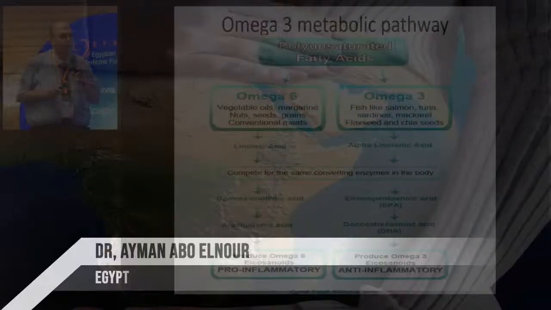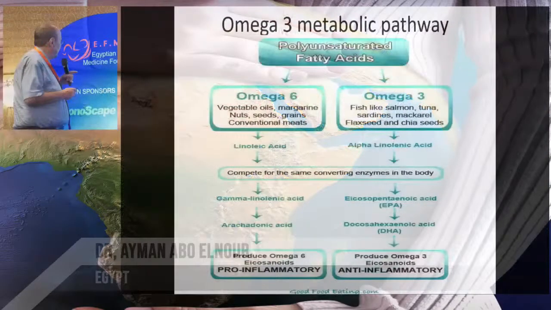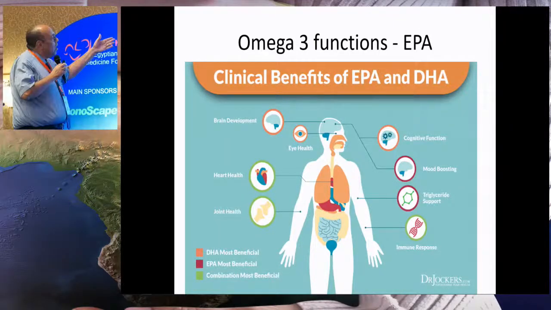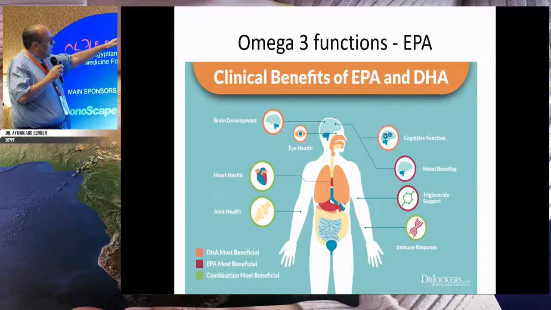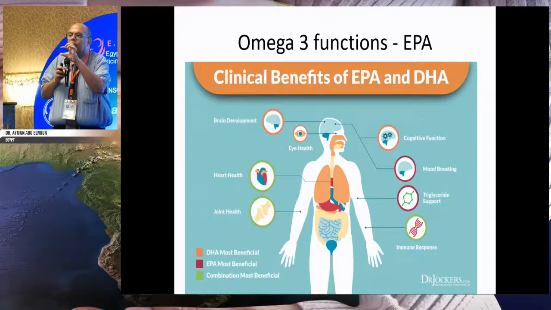In pregnancy, we really want omega-3. There are other functions of omega. Omega is EPA and DHA. We all know that part of our nerve cells